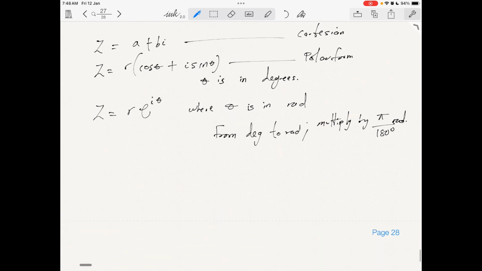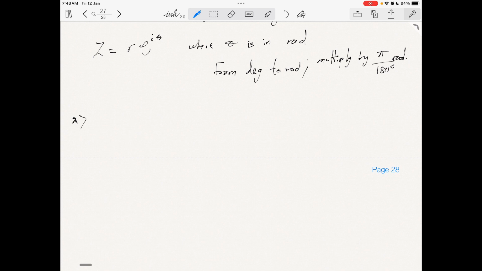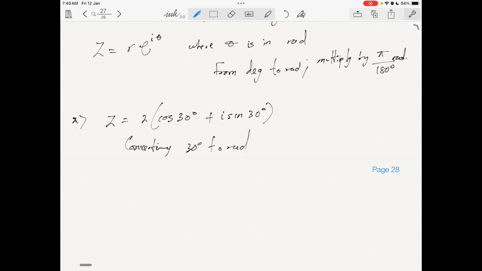So let's take another example. For instance, we are given z is equal to 2 (cos 30 degrees plus i sin 30 degrees). The first thing to do is to convert these degrees to radians. Converting 30 degrees to radians, we have 30 degrees multiplying it by pi over 180. Since 30 divided by 180 is going to give us 1 over 6, we have it to be pi over 6